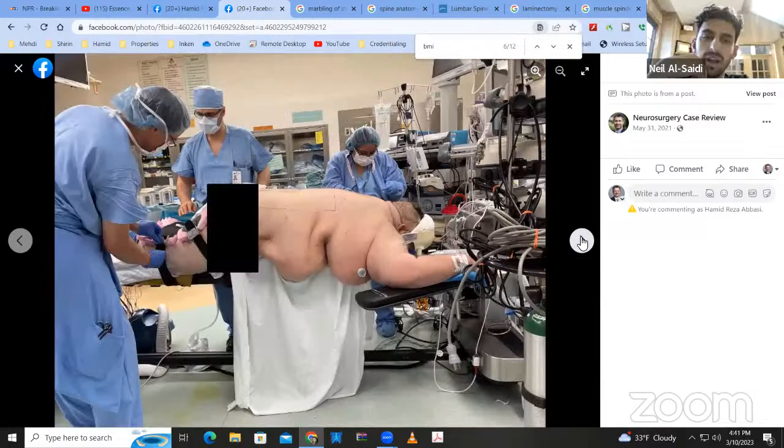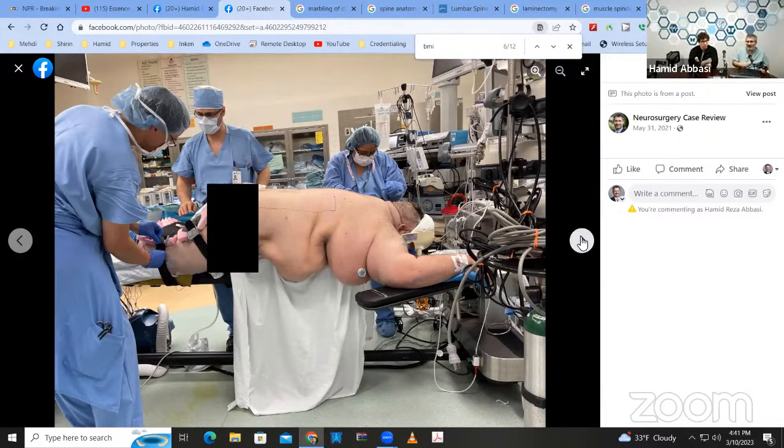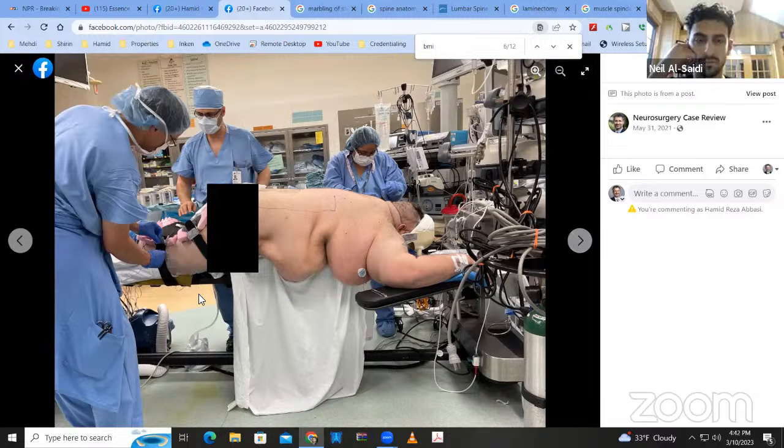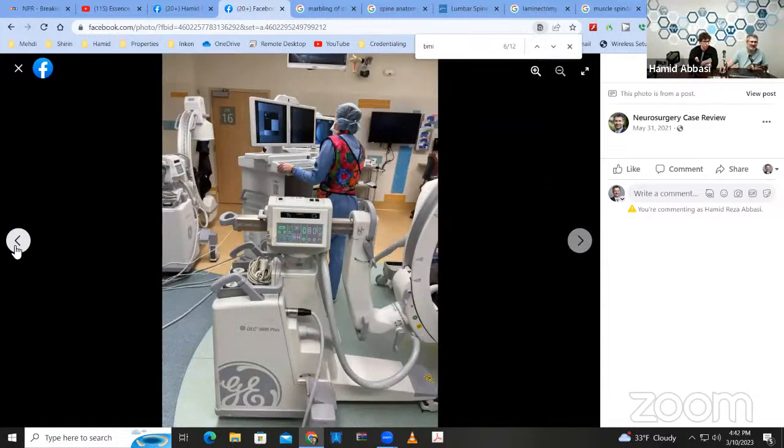What is the reason surgery will kill him? Is it the obesity and the anesthesia? The surgery that would fix his problem is a 4-level fusion. That would be a whole-day surgery, and this person lying on their chest, on the lungs, for that long will not recover from that. Now, let's go a little back.